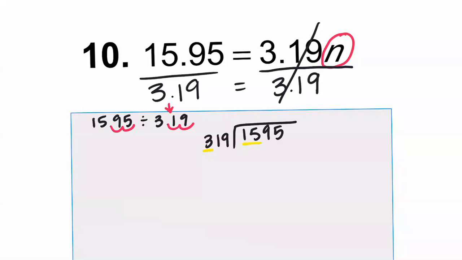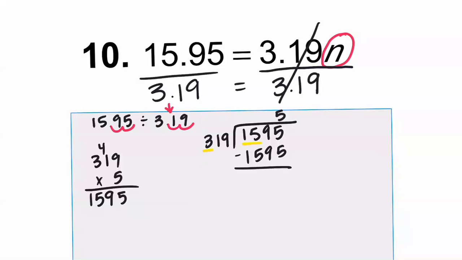Okay, so let's think. 3 goes into 15 5 times. So I can try 319 into 1595 5 times. So I don't have to do a bunch of multiplication problems. I've estimated, so I'm going to get pretty close. So I will do 319 times 5. 9 times 5 is 45. That's 5, 9, and then 15. What do you know? I only had to do one problem, and it's because I used estimation. So the answer to n